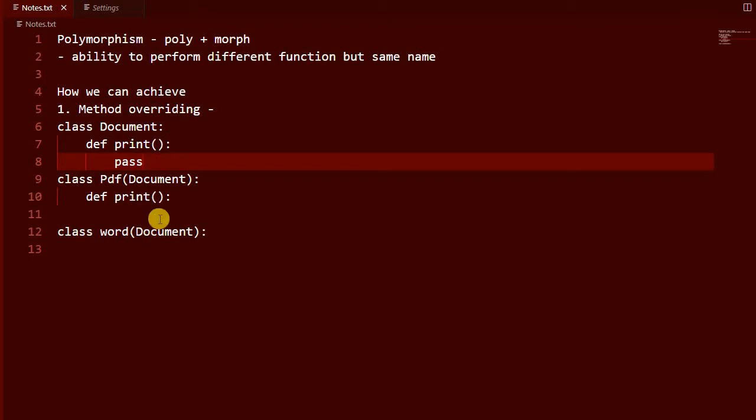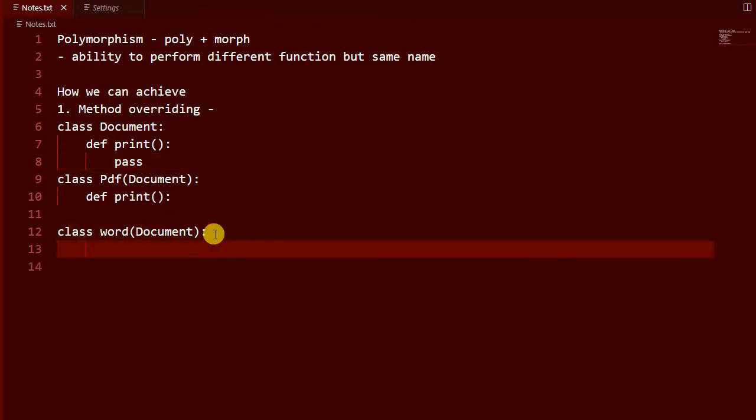We can implement it in the Word document or PDF class. By doing this, we achieve polymorphism. Here, print has the same name but does different functionality. This is one way to achieve polymorphism.